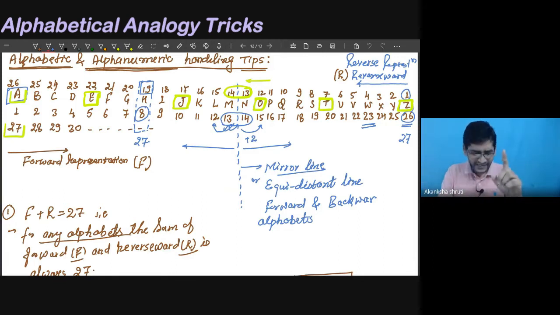So the major challenge is quickly converting these alphabets into numbers. So how can we quickly convert it? For that there are certain tips that we need to keep in mind. The positions like A, B, C, D, E, F, G, H, any student of even class 2 or 5 can write it. And they can also solve it if they are given sufficient time like 1 hour or 2 hours. But the major challenge in examination is saving time. So how to save it?